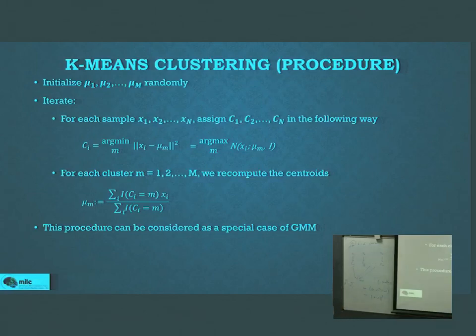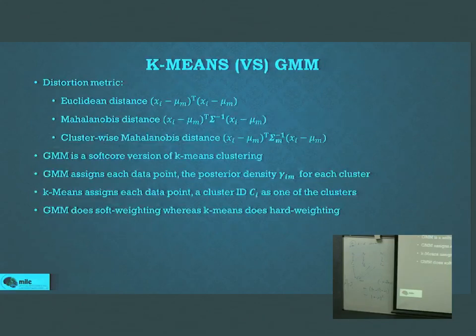Metroid is an astronomical term. Okay, fine. So you're clear, right? This k-means procedure is similar to GMM. But before we see the similarity, let's see what the difference is.